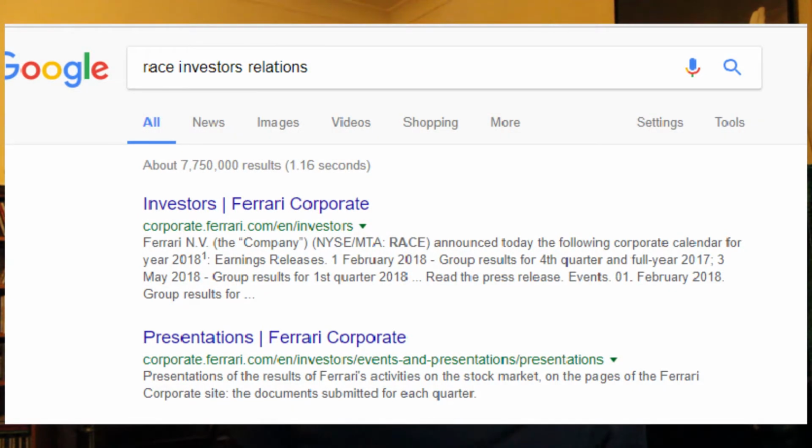And the last one, which you could argue is actually the most important one, is the investor relations pages. So basically, if you've gone onto CNN, you've read about a company, you like it. Let's just say, for example, it's Ferrari. So I'll go into Google search, I'll put in Ferrari investor relations, and then I'll click on that. It should probably come up as the number one on the search page. You click on that and it'll have basically a quarter earnings report of how the company's doing. You'll also be able to watch the webcast, and it'll also have the 10-K yearly report, which will say what the